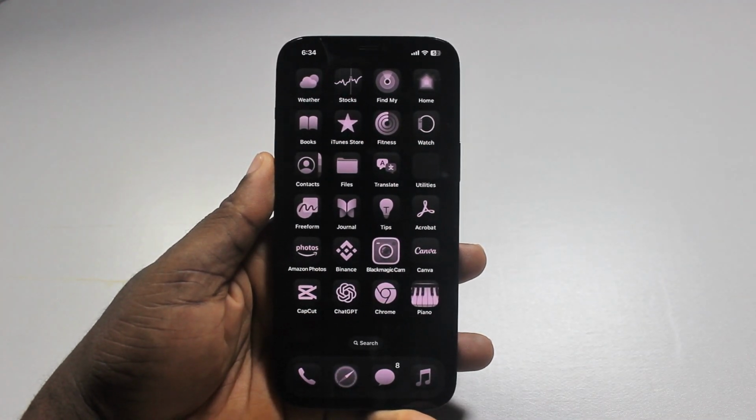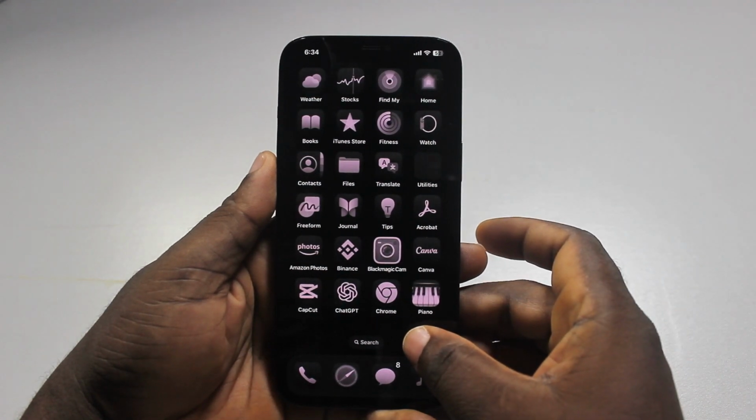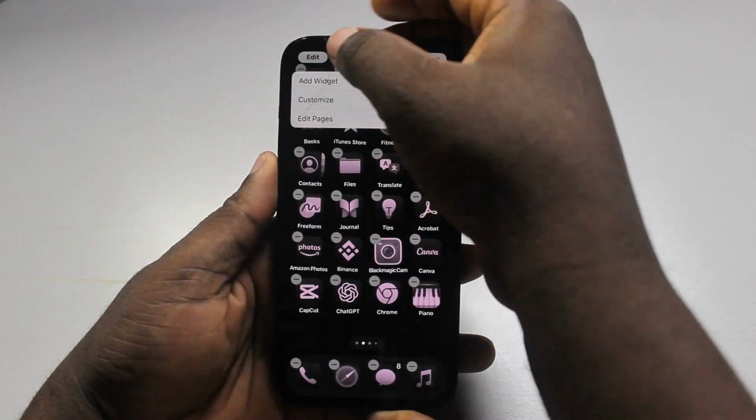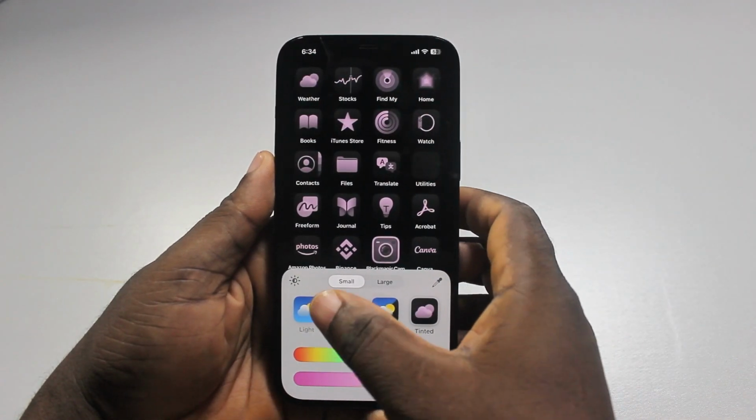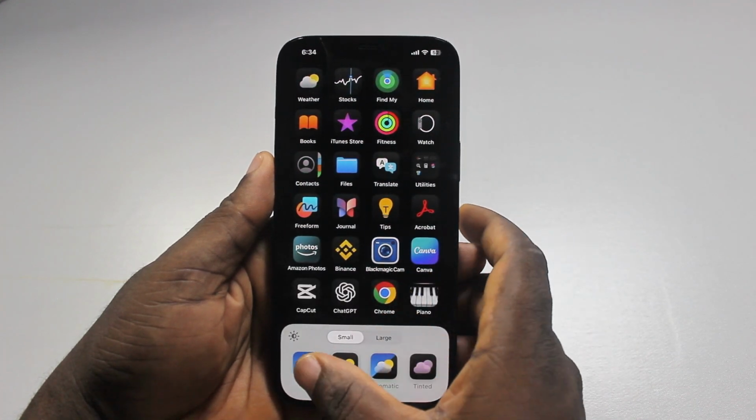If you want to revert back to the normal color, press and hold the screen, click on edit, click on customize, then you can either come back to dark or select light,